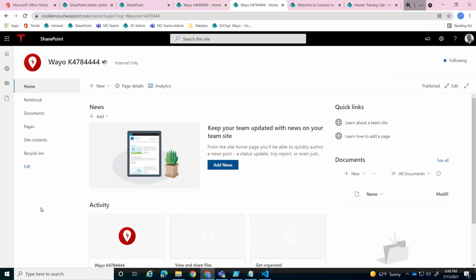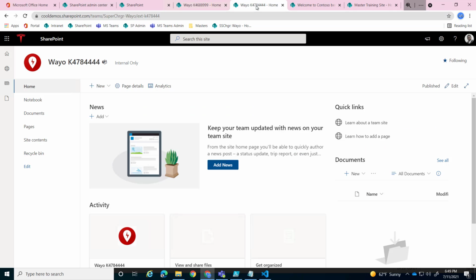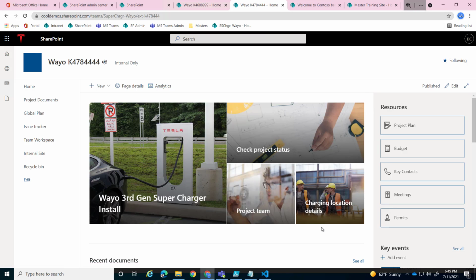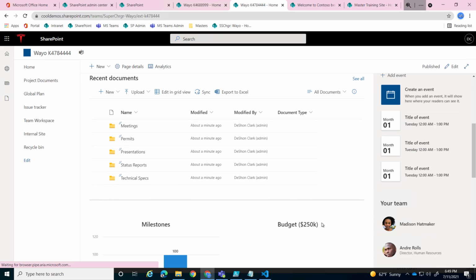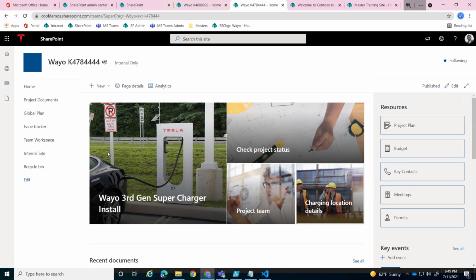Okay, so now is the moment of truth. We can compare our sites. So I have my master site here in this tab, and then I have my newly created site in this tab. And now I'm about to select refresh for the very first time. And just like that, it's very magical how much of the information from our main site came over to our